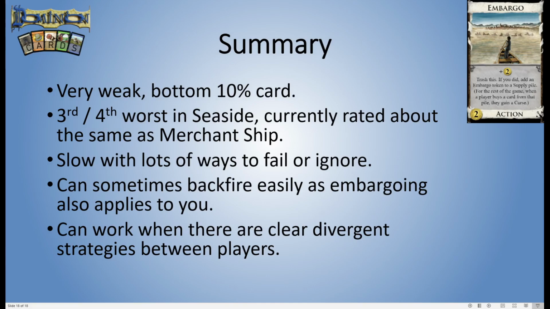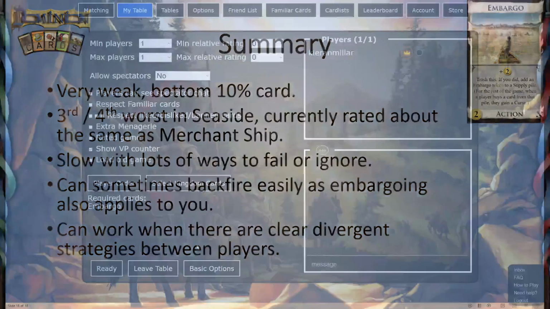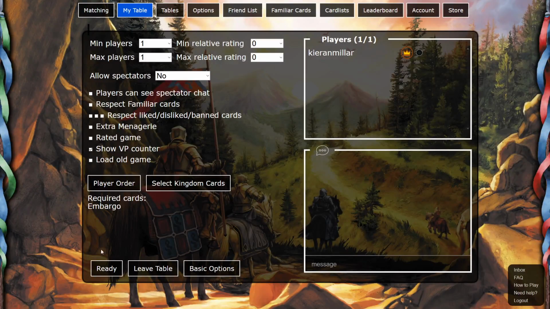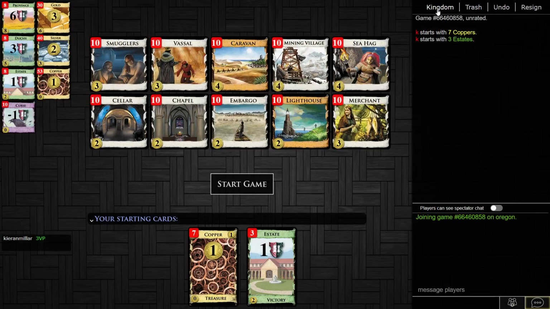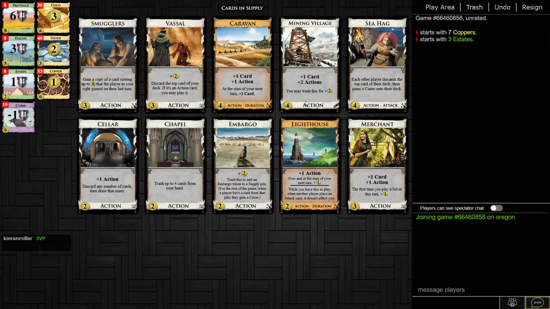What we are going to do now is head over to the online client, and generate some random kingdoms that have Embargo in them, and see what use it has in these kingdoms. So here I see straight away that we have Chapel to get thin very quickly. We also have a junking attack with Sea Hag, which could potentially lower the curses, but there is Lighthouse as well. I can see me opening...